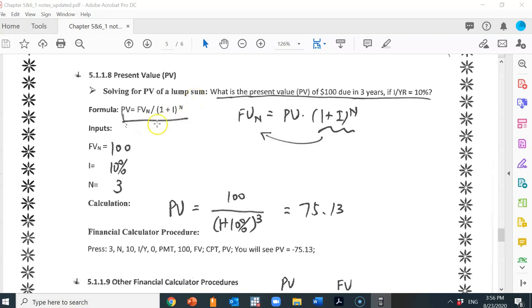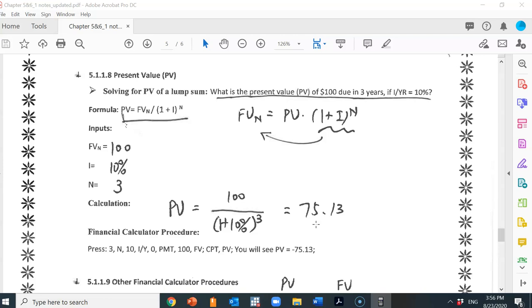So the formula is reversed because future value at time N is present value multiplied by 1 plus I to the power of N. If we're looking for present value here instead of future value, we can just use future value divided by 1 plus I to the power of N, so we can get PV. In this case, future value is $100, interest rate is 10%, N is 3, so we can just use 100 divided by 1 plus 10% cubed, which is